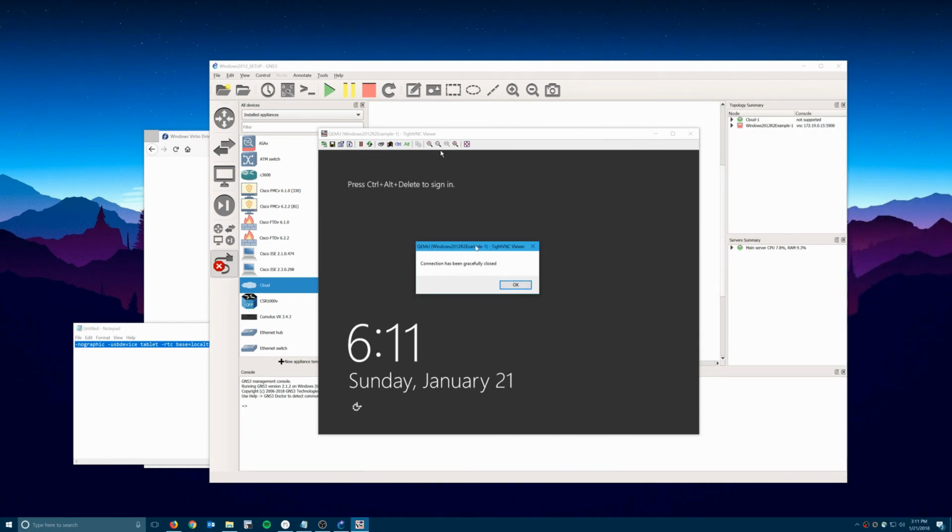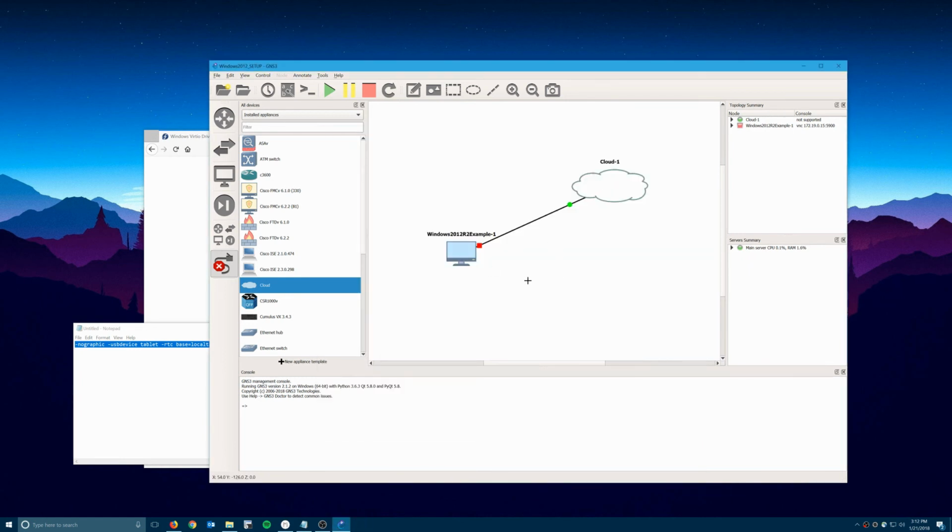Alright, so Sysprep finished running. Remember to check that box for generalize settings there. And then I had it shut down, so I'm being told now that my VNC session is closed. And that should be it. So I'm actually going to delete this out